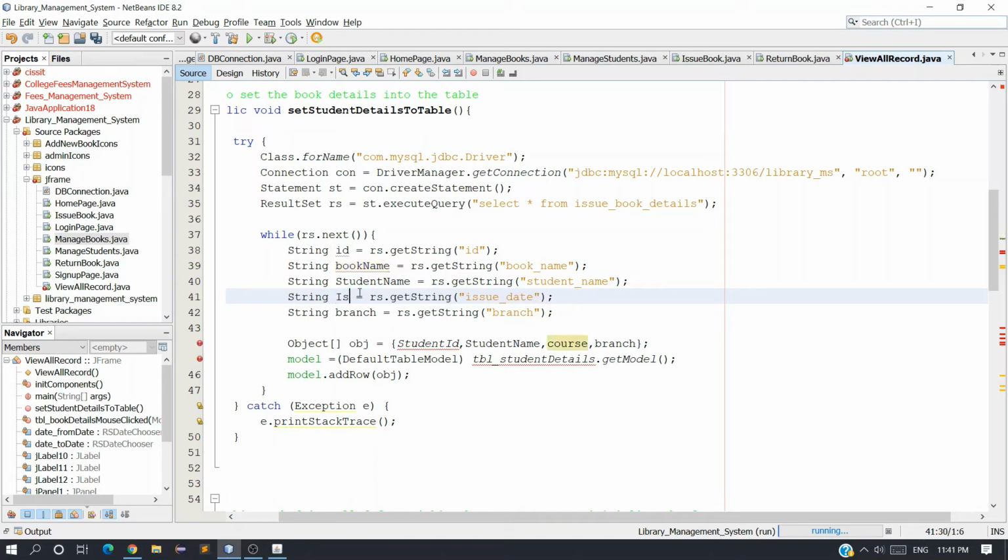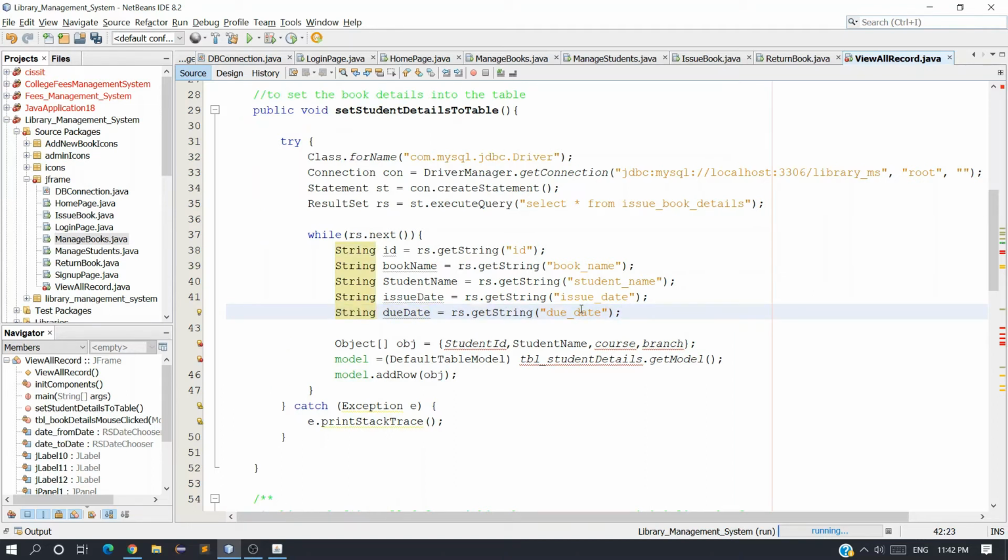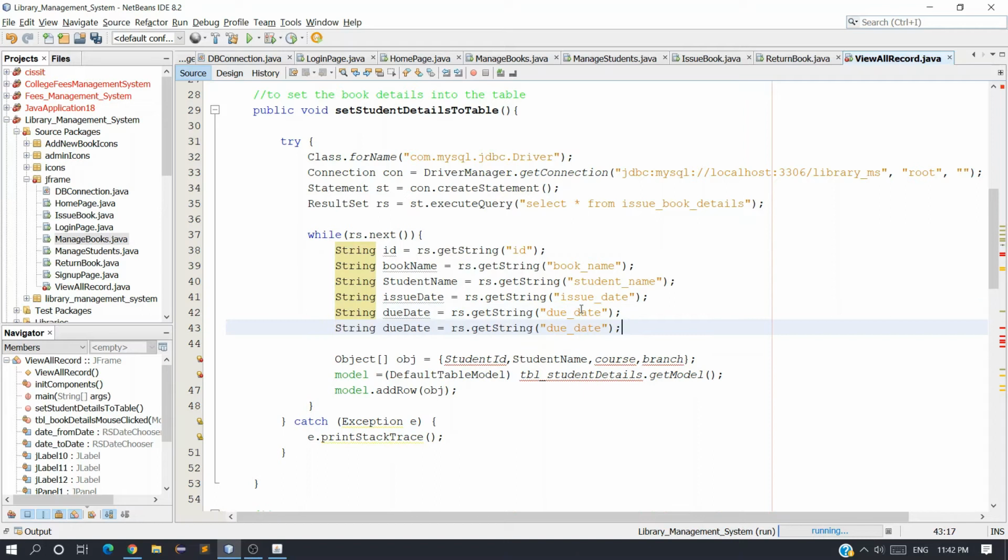Similarly change the variable name, issue date, and here due date, due underscore date, and change the variable name to due date, and the final one is status. So copy this and paste, and here make it status, and here also status.